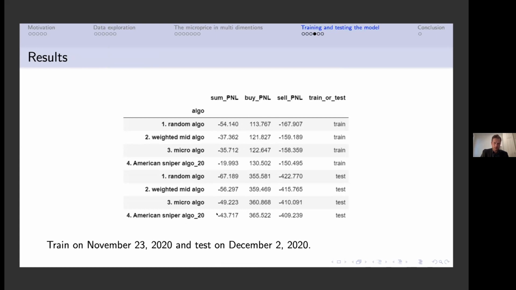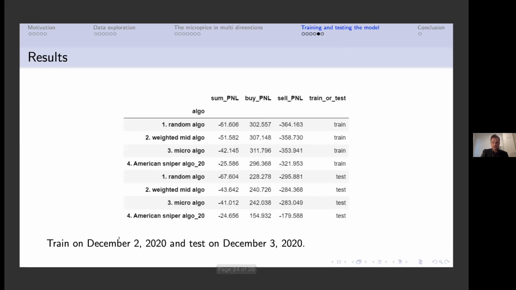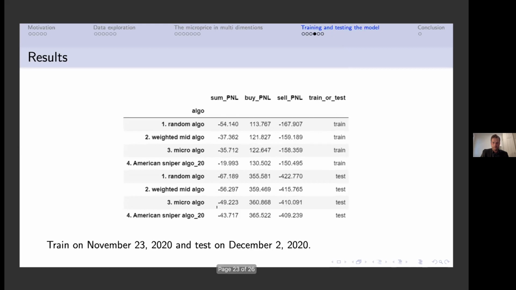these numbers are less negative than the random algo. And if you look at this, of course, this is trained on November 23rd and tested on December 2nd. If you do this again on a subsequent date, so trained on December 2nd and tested on December 3rd, you find that even out of sample, this does pretty much as well as in sample. So this may not have worked as well because there's about a week difference between these two data